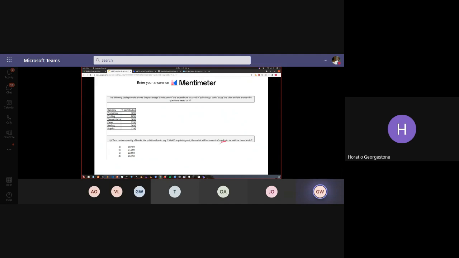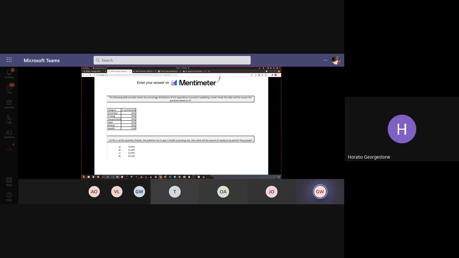And this question is talking about royalty and printing. So printing is 20% of the expenditure, royalty is 15% of the expenditure. So if for a certain quantity of books, the publisher has to pay out £30,600 as printing costs, that's printing here,